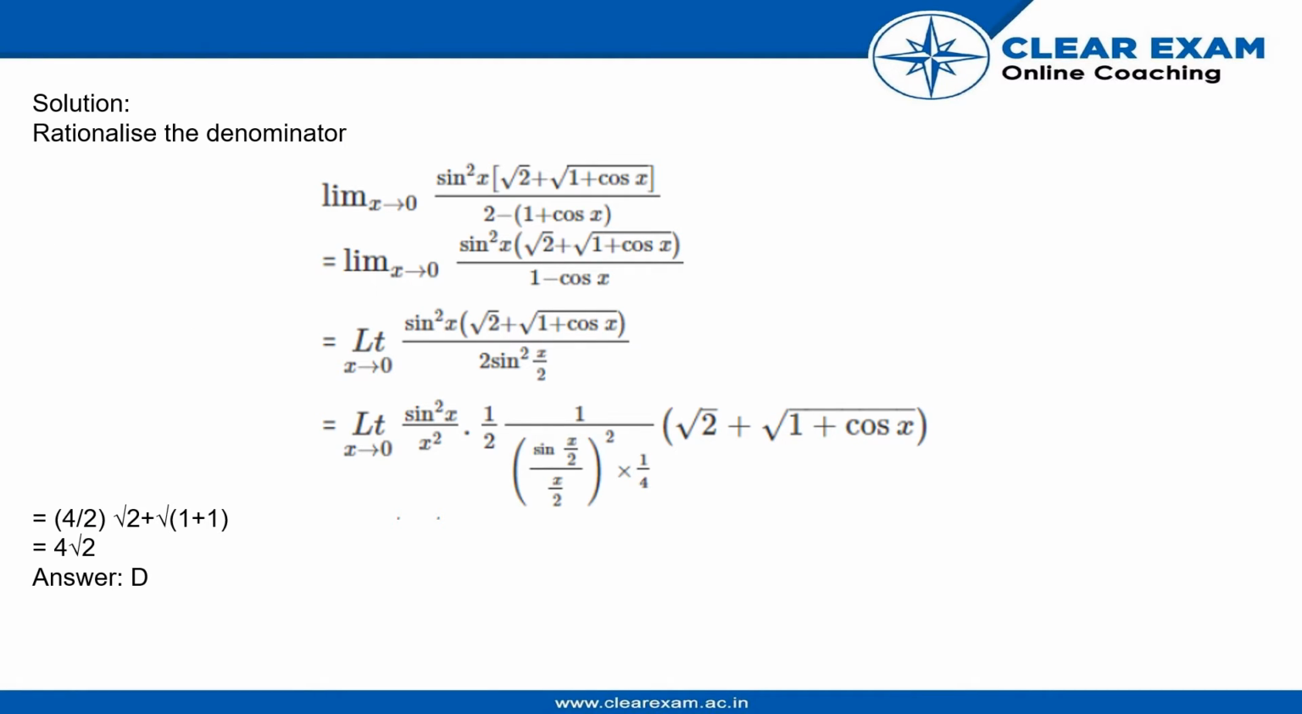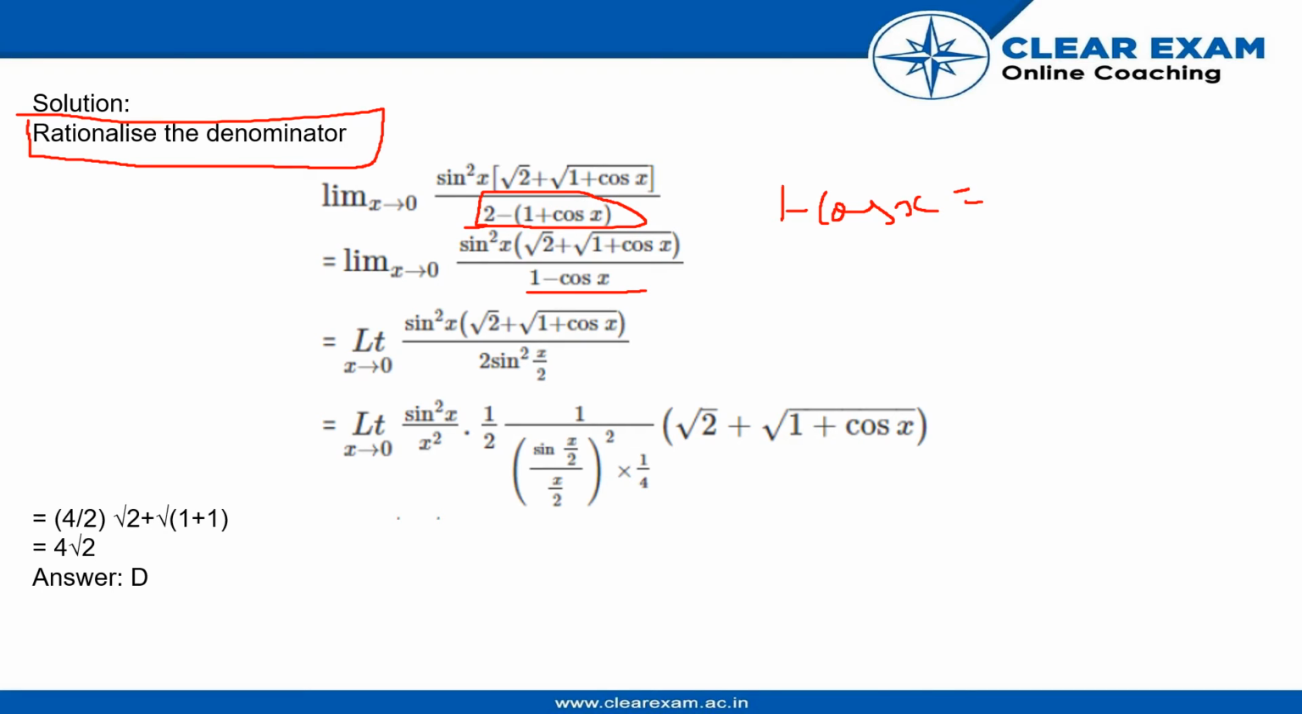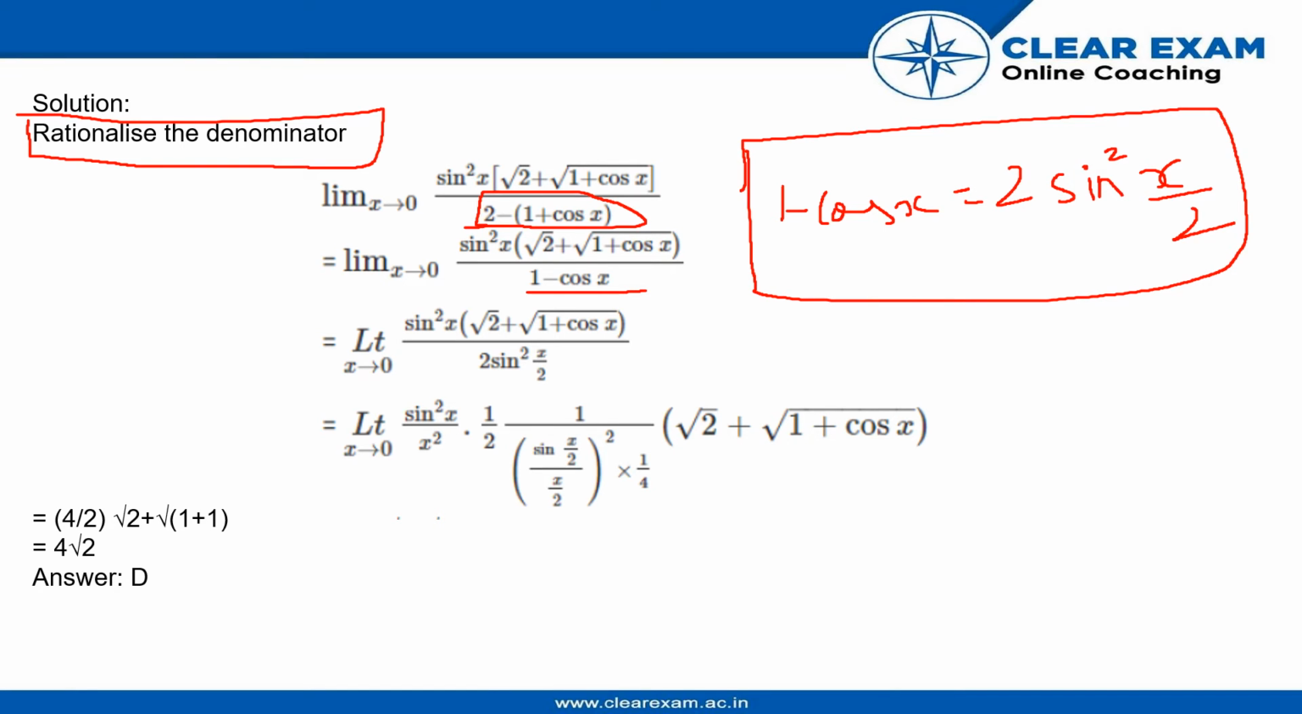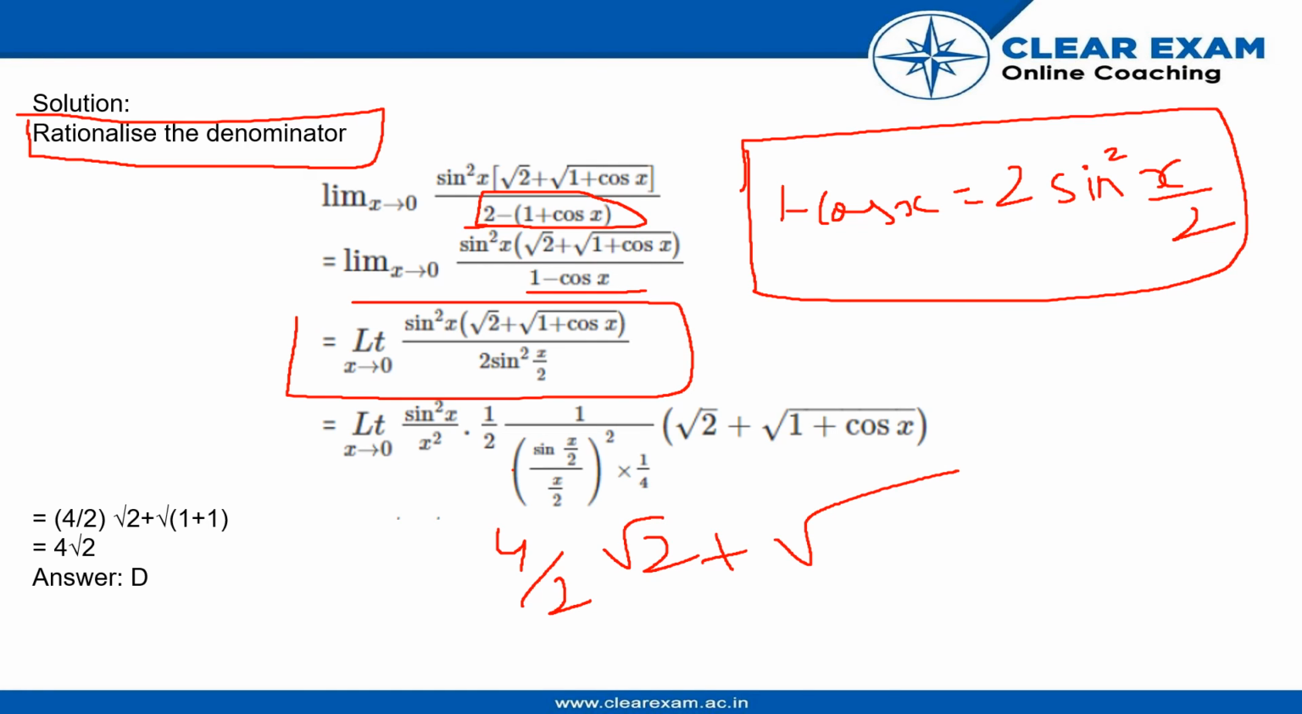So basically we'll first rationalize the denominator, which will result into minus 1 plus cos x, which will result in 1 minus cos x. So this is the formula of 1 minus cos x, which you have to remember only. After doing this, we'll again divide 2 sine square x by 2 and sine x by 2 upon x by 2 whole square into 1 by 4, which will result in 4 by 2 root 2 plus root 1 plus